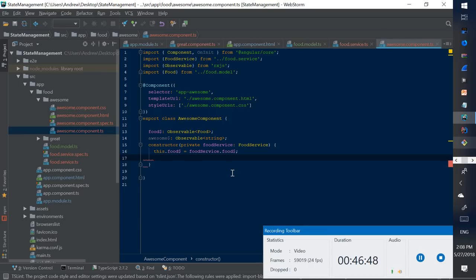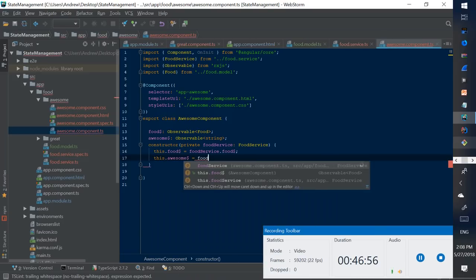So I could define another observable such as awesome$ and say awesome$ equals, and this is, I defined this as a string, I believe. Where is it? Yeah, it's an observable type string. So let's say from the data we already have,